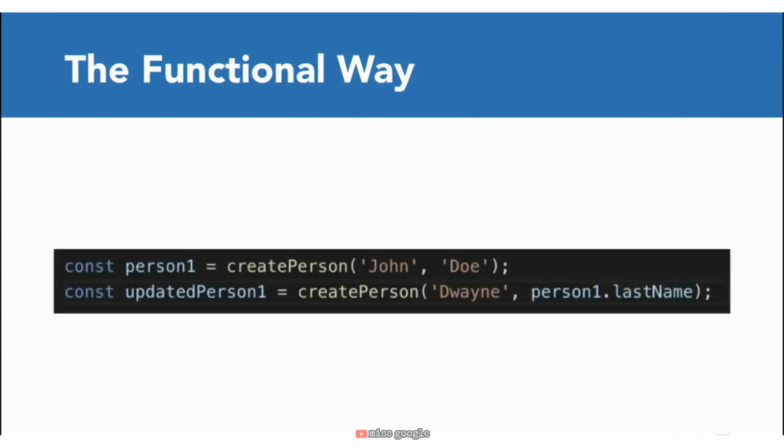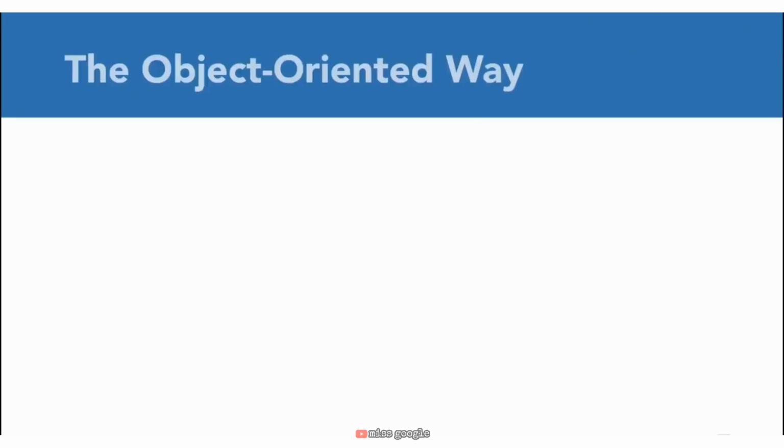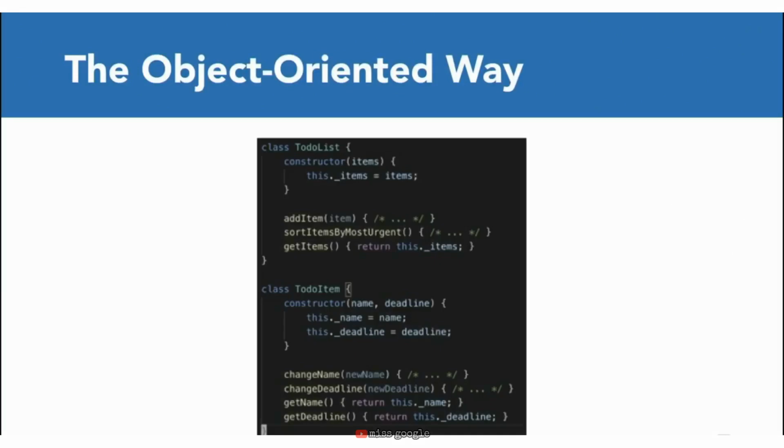If we want to transform the data in some way, such as changing someone's name, we simply define a new constant that represents the updated data. We then use this updated constant in all our future calculations, knowing exactly what data it represents. Let's take a look at a simple example to demonstrate how functional programming and object-oriented programming handle functions and data differently. Let's imagine the classic example of creating a simple to-do list program that helps people keep track of tasks